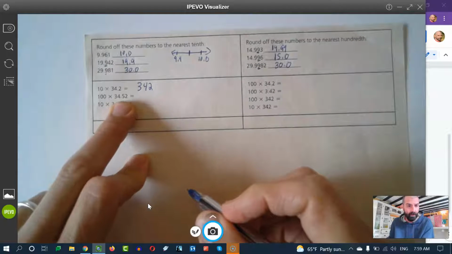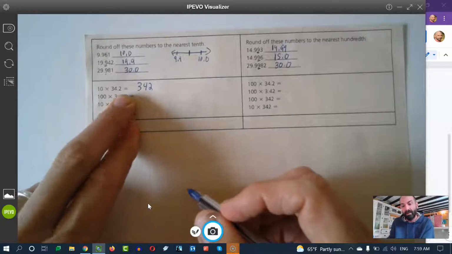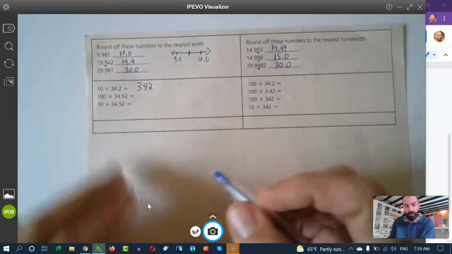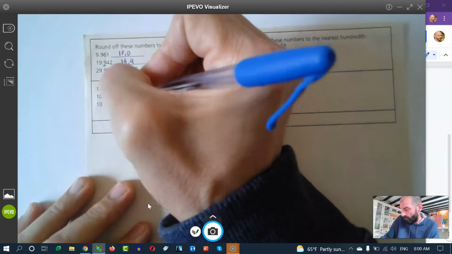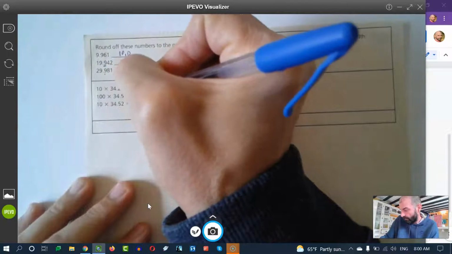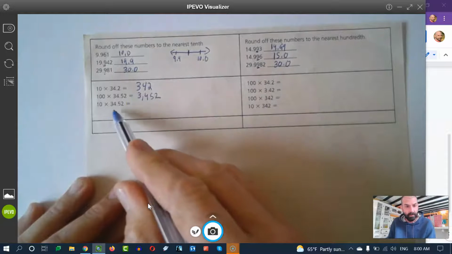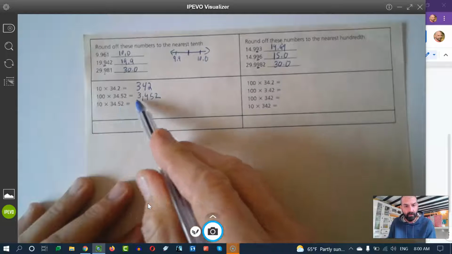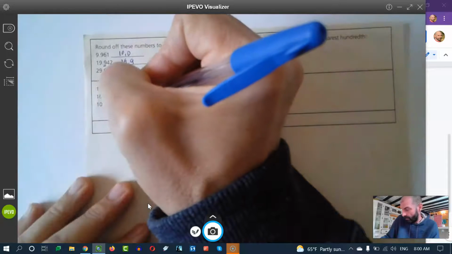100 times 34 and 52 hundredths. What's happening here? All of our digits are shifting to the left, and it's shifting to the left 2 spots because we have 100 there. So if my 3 is in the hundreds, it's going to wind up in the thousands. So we got 3,452. And now we have 10 times that same number, 34 and 52 hundredths. Well, we're only moving everything over 1 spot to the left, which is going to give us